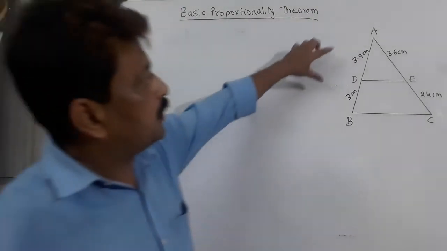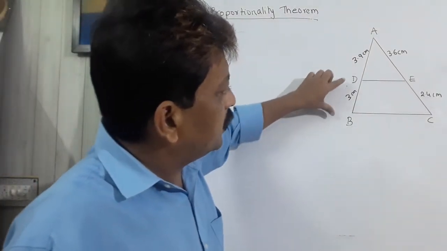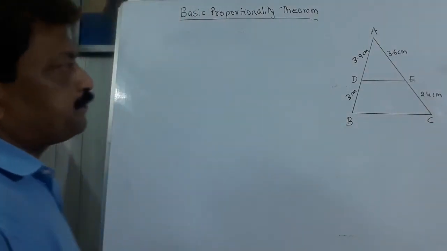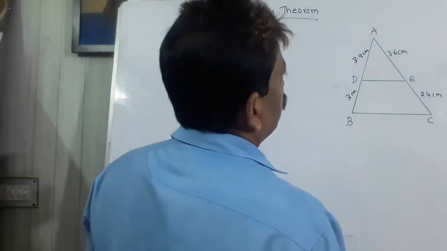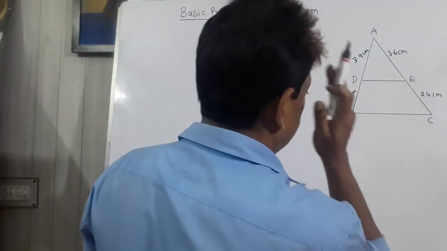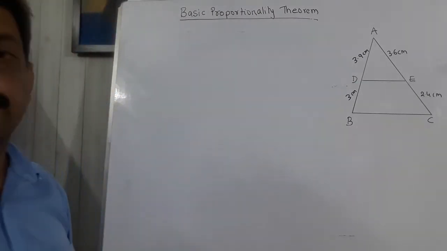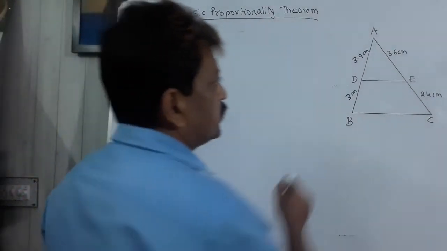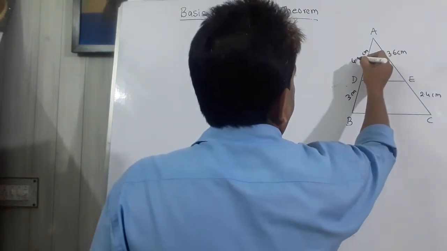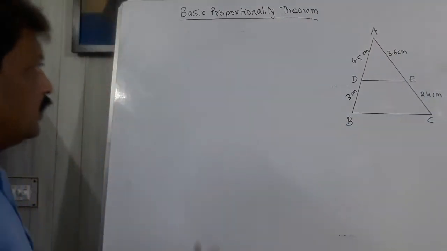It is given that AD equals to 3.9 centimeter, DB is 3 centimeter, AE is 3.6 centimeter, and EC is 2.4 centimeter. Let me change the value little bit. Let me write it 4.5 centimeter. Okay. So here